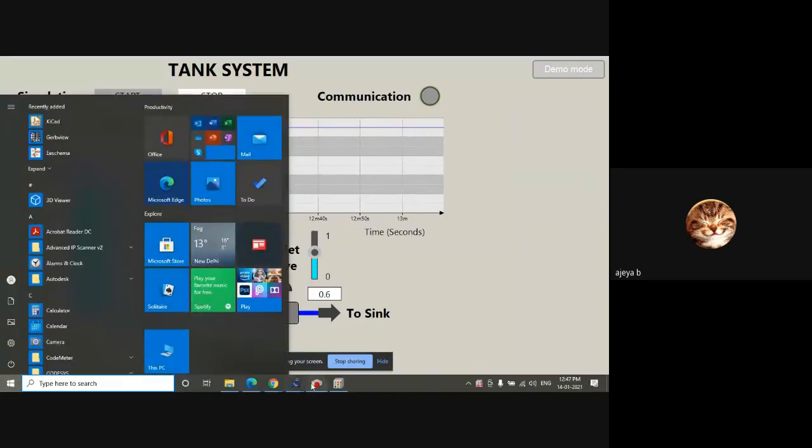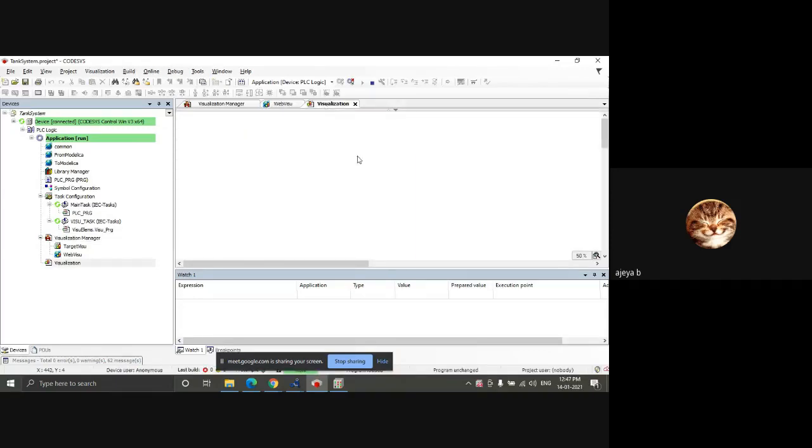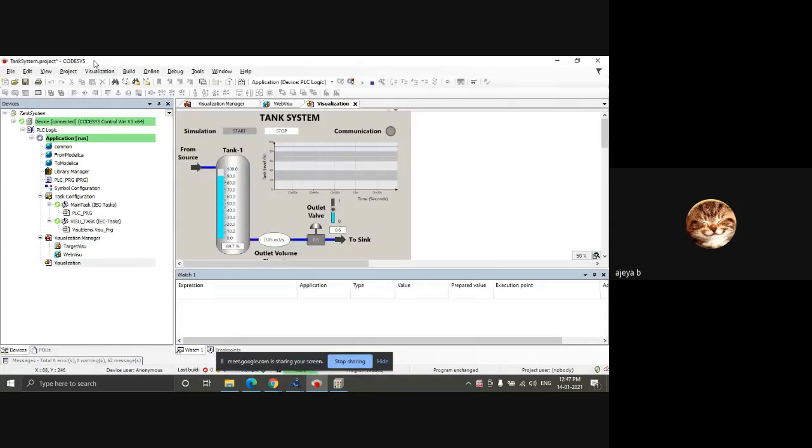And if the CodeSys environment is open, you'll be able to visualize it in CodeSys itself. Once you dump the code, and if the PLC code is satisfactory, you don't have to change anything. You can close the CodeSys environment. It is not necessarily required to be open to run the PLC.